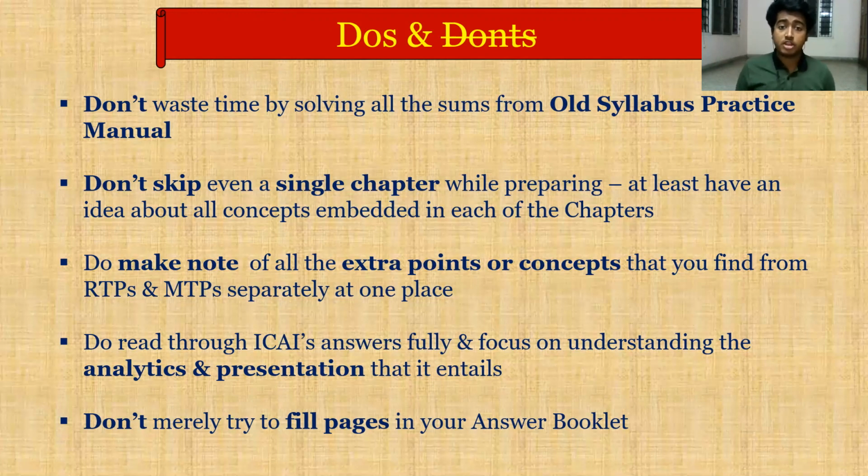Next is, do make note of all the extra points or concepts that you find from RTPs and MTPs. So beyond what you can understand and see from the study material or other resources that you use, there are certain points that come up only in the RTPs and MTPs. Again, for example, in the May 20 RTP, well, we all know that there is a concept of 5S in the Lean System and Innovation chapter. In the May 20 RTP, there was an extra point that mentioned the 6th S, which is a newly evolving concept of safety. So this was not found anywhere else in any of the textbooks or the materials. So this might come handy when you're actually writing in your examination and you're able to recollect it better. So you might not be able to remember all of it that you just walk past while solving the RTPs and MTPs. So just make sure you make a separate note of the same.